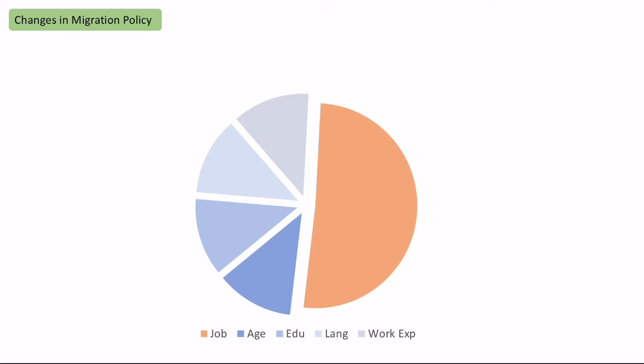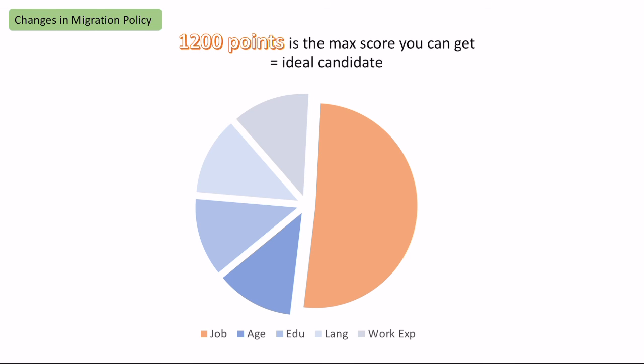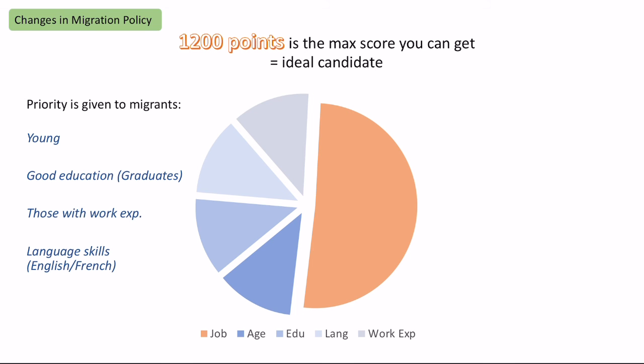So in terms of the point system, the maximum points you can get is 1,200, and that would make you an ideal candidate for the Canadian government. You can get points for different categories: how old you are, your education, language skills. So it gives priority to those people that are younger and have a good education. So graduates would get more points than someone who just had